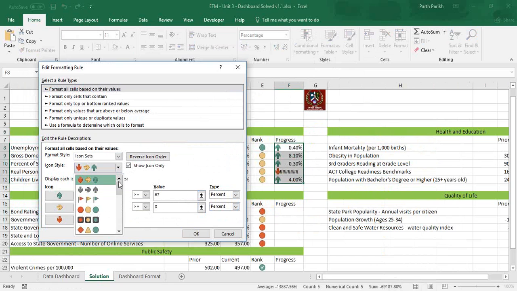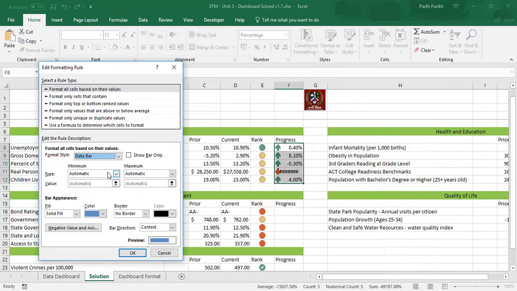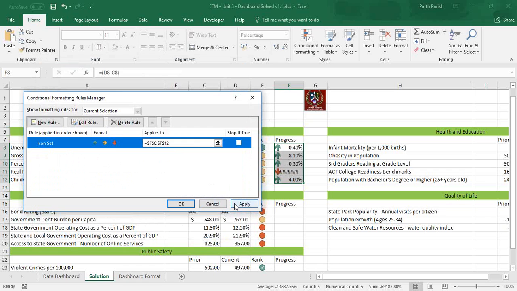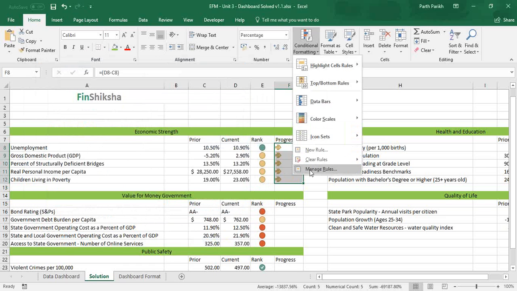You can also use different kinds of data sets. You can also use two color scale, high value, low value. You can use 3 color data sets, as a data bar also. You can use icon sets also. You can use anything. So this is above 0 and less than 100. You can do that also. OK, apply, OK. This is basically as it is.